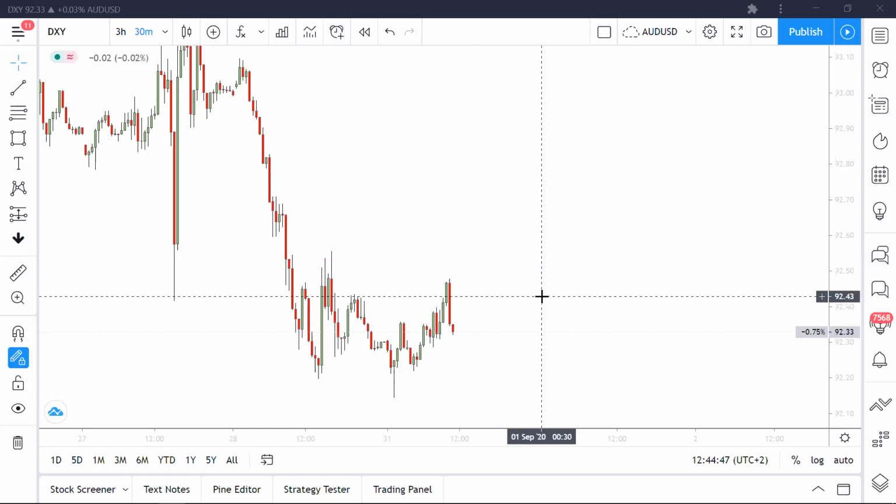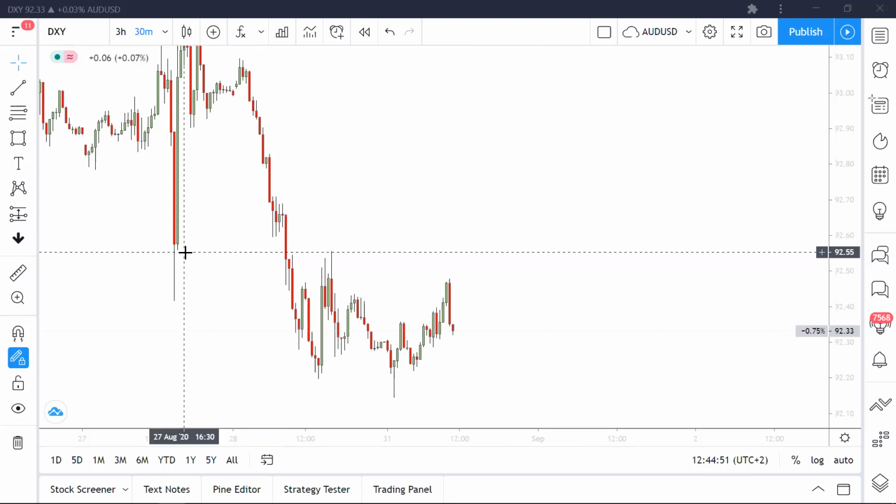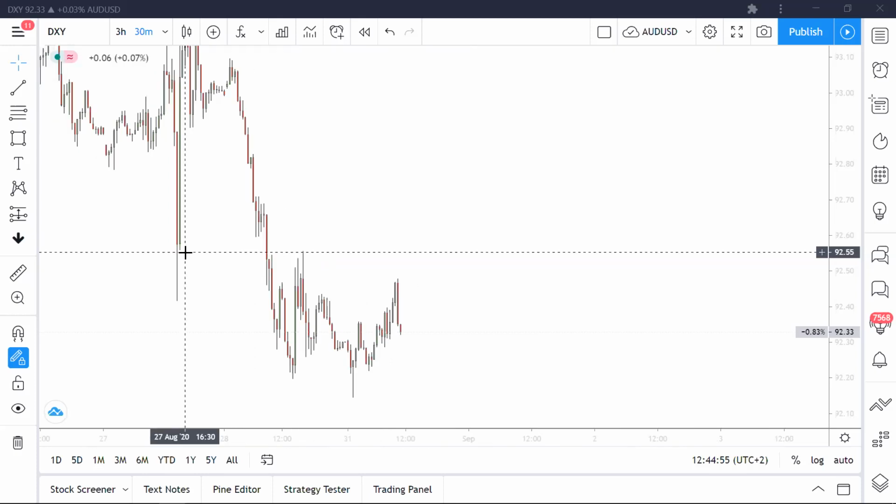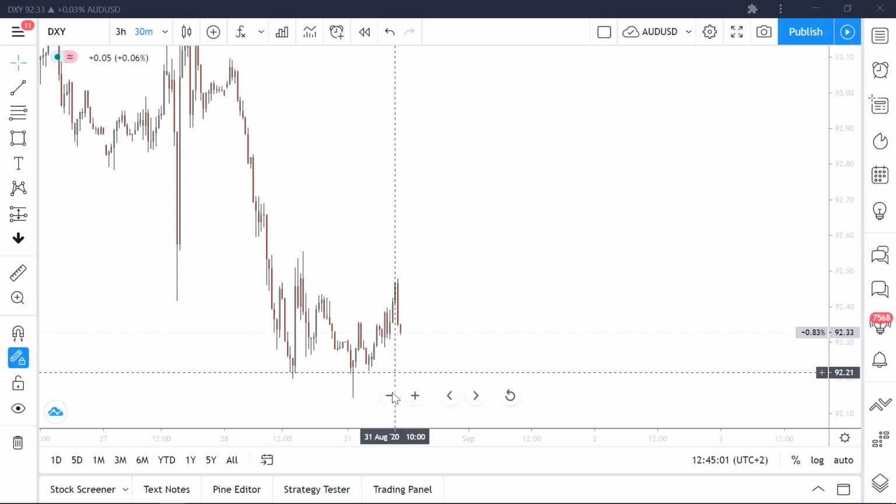I just want to go through a few technical setups, or rather, what I'm looking for today. Now, today is Monday. It is actually 5 minutes past 11 a.m. Standard South African time. I just want to go through the DXY quickly, then I'll just look at the USDCAD